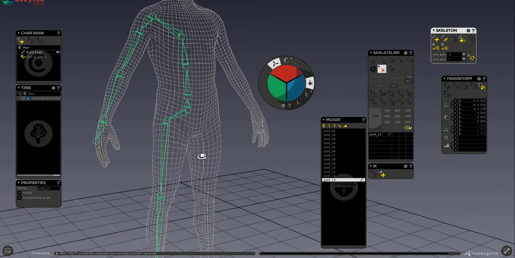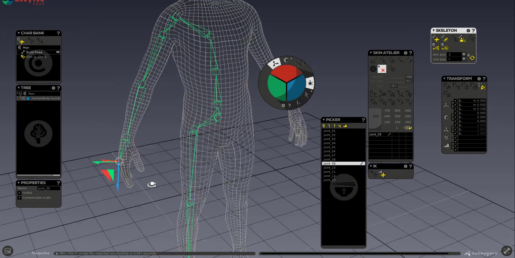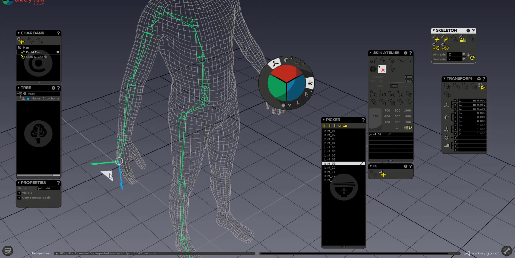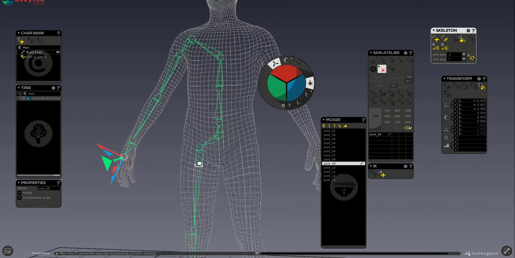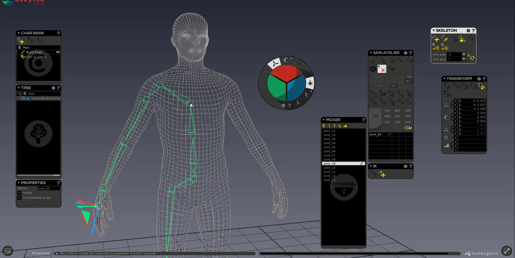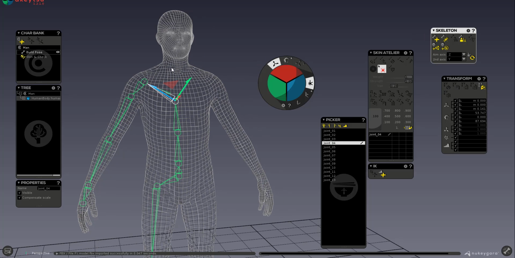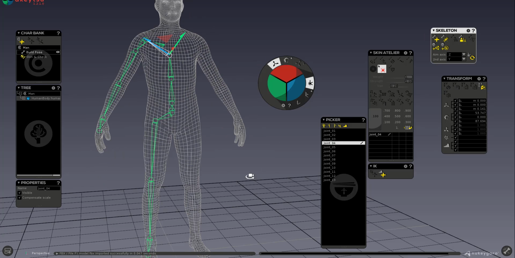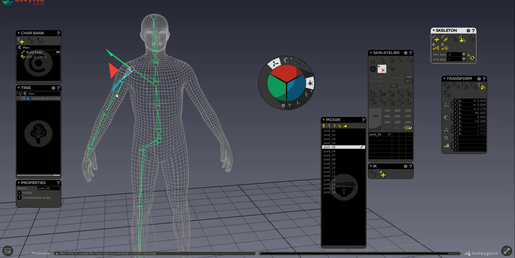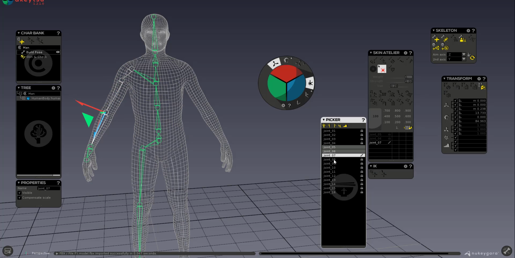Okay, so with these done, let's actually position this properly. Nice. So with this done, the next thing you would probably be thinking about is how you can mirror the entire thing from here to the other part. So for me to mirror this particular joint, I need to make sure I have a complete selection of the